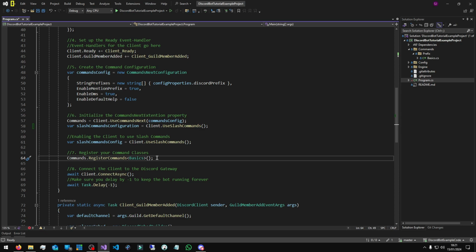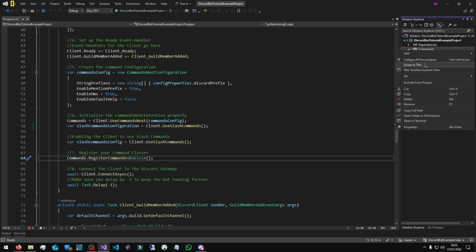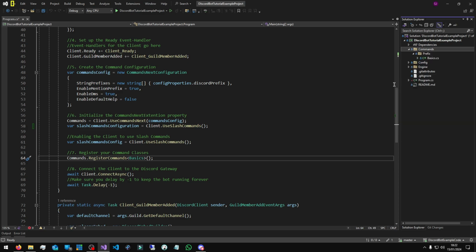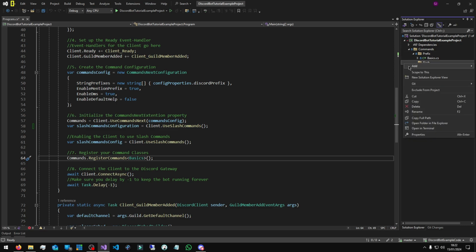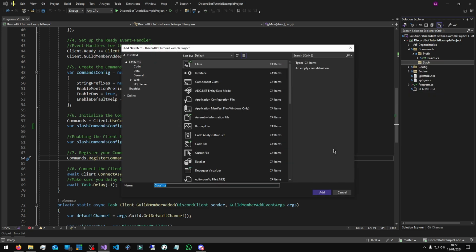Let's go ahead and create our first slash command class, and I'm going to show you in this video the basics of making a slash command and the things you can do with them. Let's get started on making our first slash command in this bot. Let me create a folder for our slash commands. Let me go to add and then new folder, and we'll just name it slash. That's it. This will be the folder for our slash commands. And then let's make a new class, and we'll name it basic SL, basic and then SL for basic slash commands,